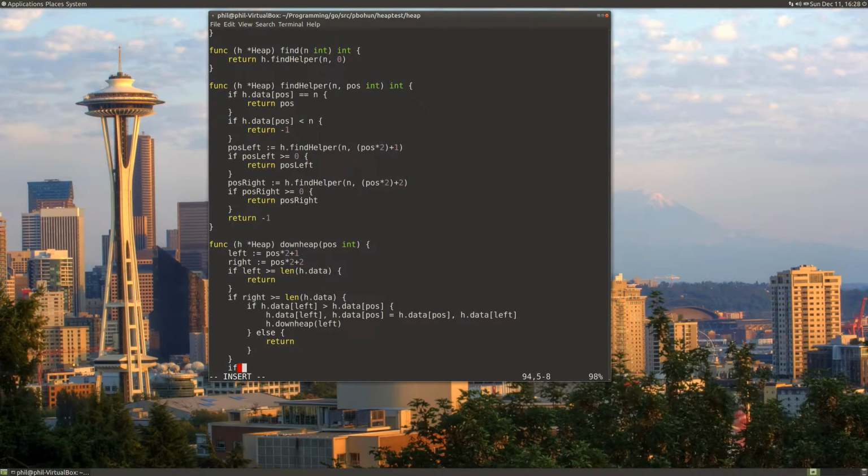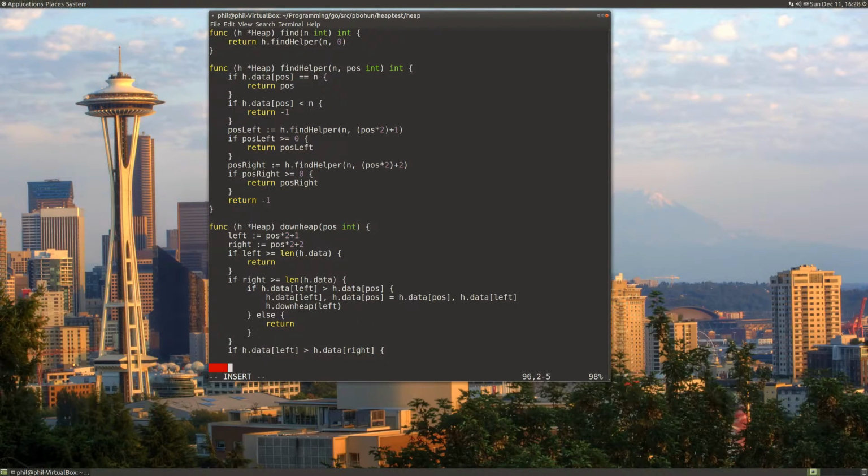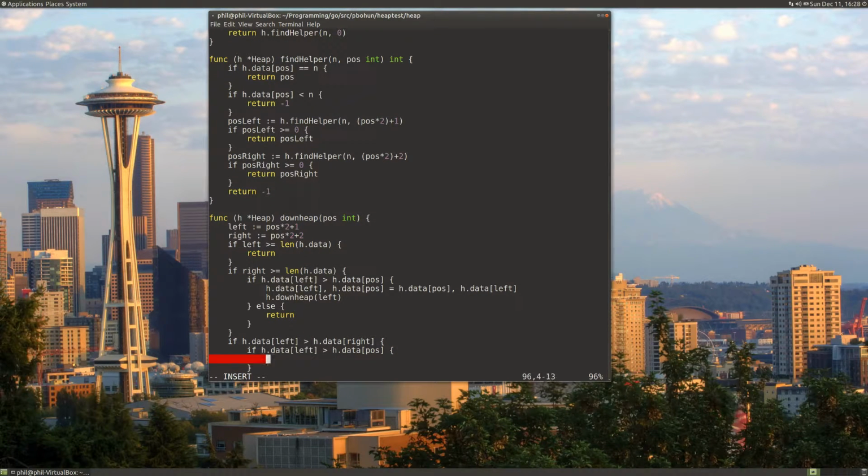So what we'll do is check if the data on the left is greater than the data on the right. What we want to do is pick the larger side in order to keep the heap property. So if the left side is larger than the right side, and our left side data is greater than the data at our position, then we know we need to do a swap at that position. So let's swap with the left,